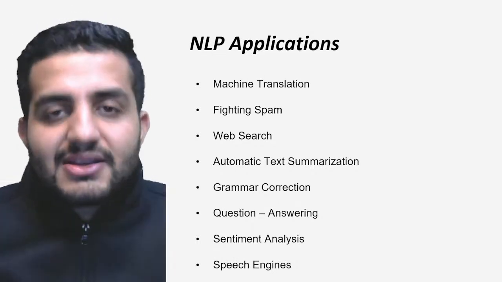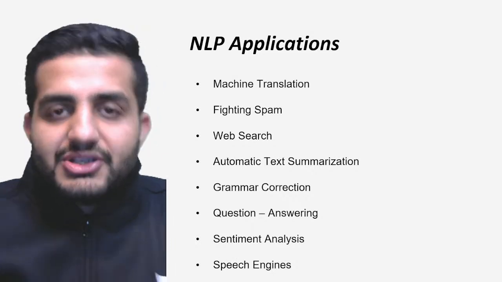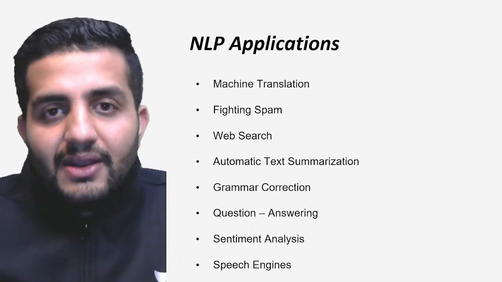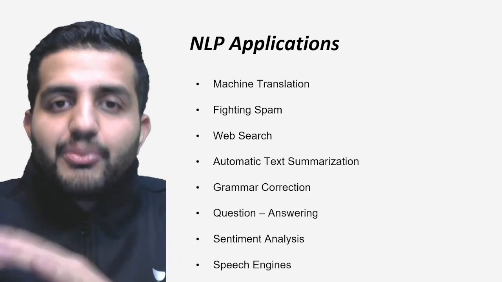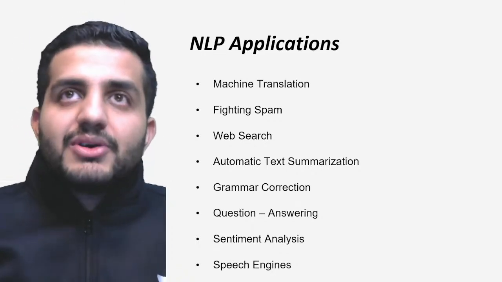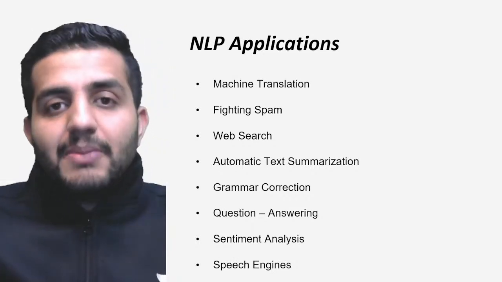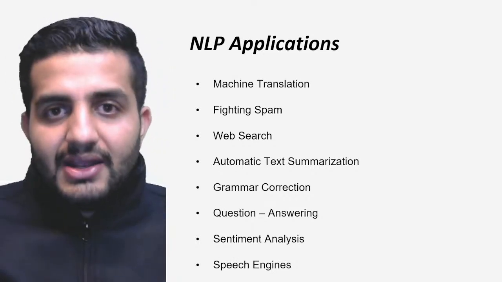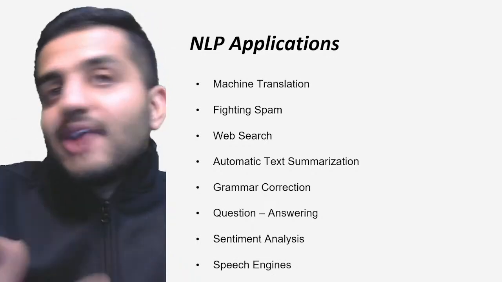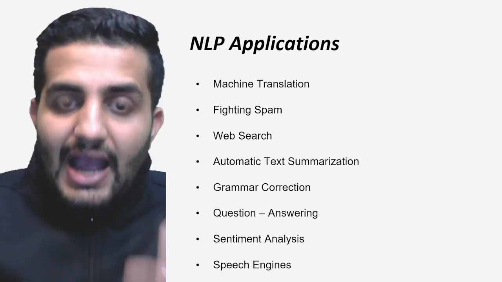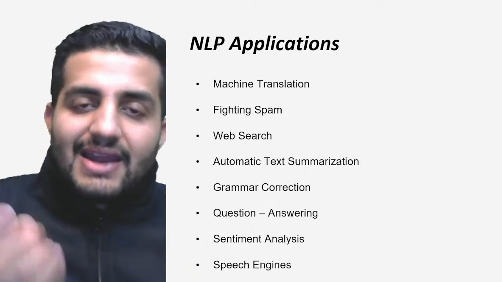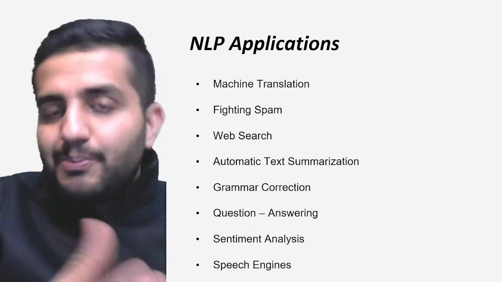What is machine learning? I can make the machine learn anything. I can make the machine learn text. I can make the machine run classes. I can tell the machine to learn numbers too, right? So machine learning is an overall broader umbrella, a bigger umbrella, where I can actually make the machine learn anything. NLP is one of the things which the machine can learn, like natural language processing. I want the machine to learn natural language. So machine learning is a broader umbrella where NLP is one of the sub-branches of ML.